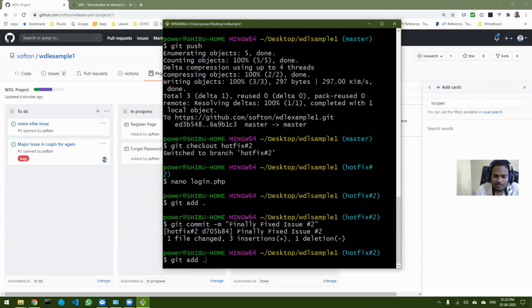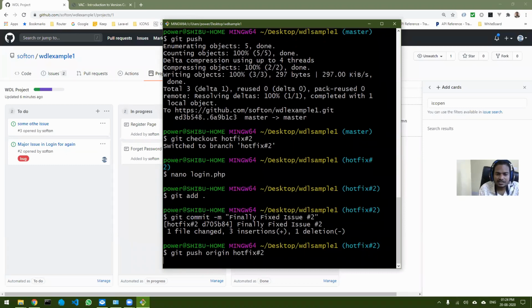Okay, so now if I do git push, it will push the master branch, but I want to push the hotfix 2 branch. To push the hotfix 2 branch, you have to write the complete push statement. The complete push statement is origin, that is the name of the server, and the name of the branch, that is hotfix number 2. Okay, if I press enter,